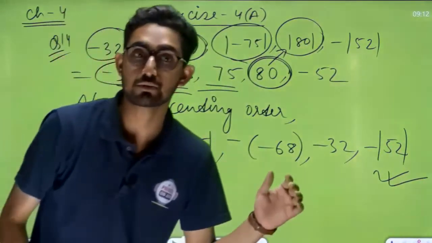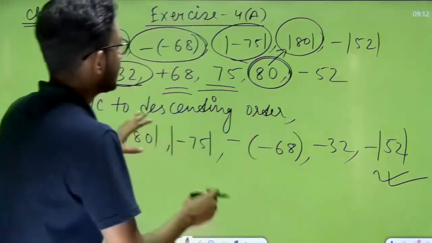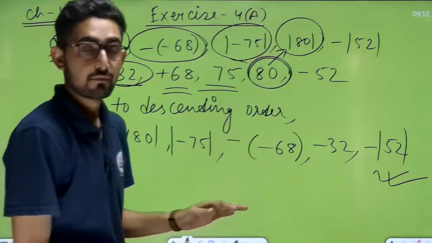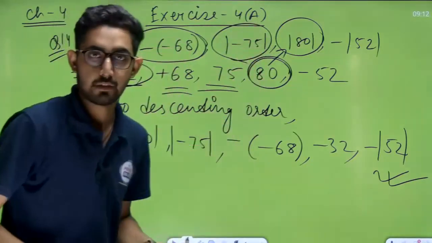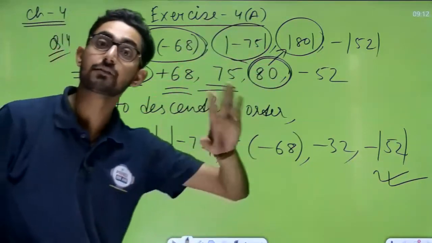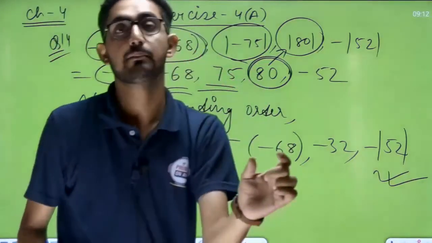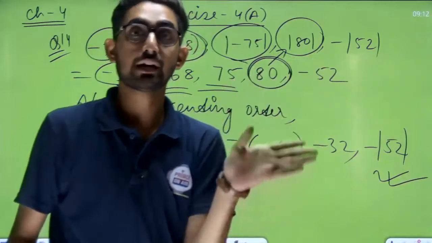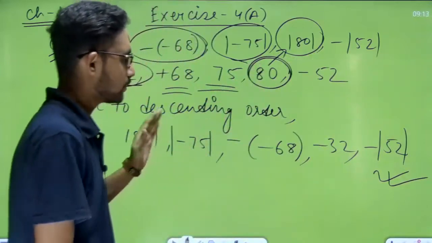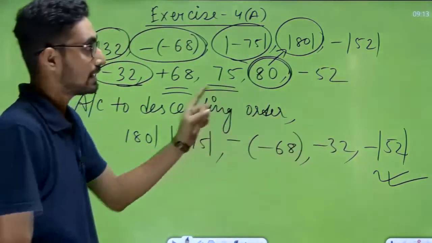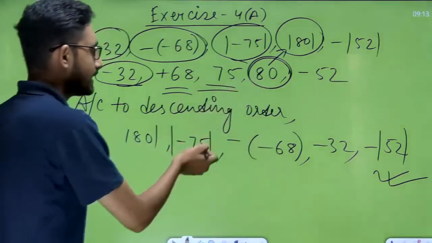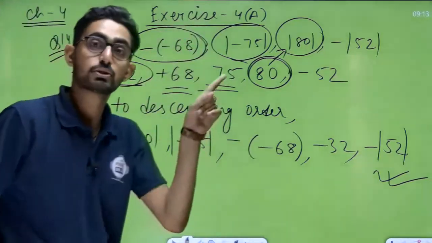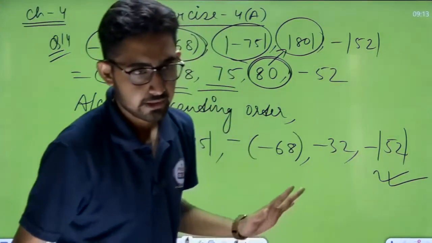That means, students, all of you see here properly, whatever absolute value or whatever value is there, first of all I have to solve one step. Solve it properly first. And after that you have to check which is the greater number, which is the smaller number, and write all the values according to the descending order. Okay? But do not write like 80, 75, 68. No, you have to write the original value. Understood? Yes, students.